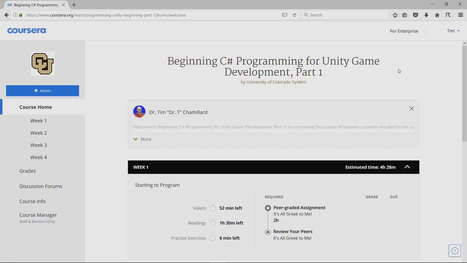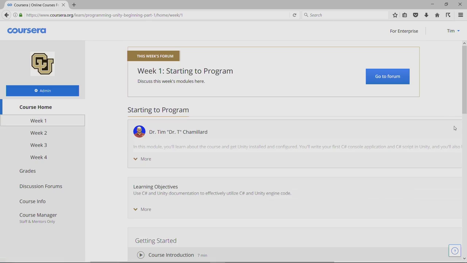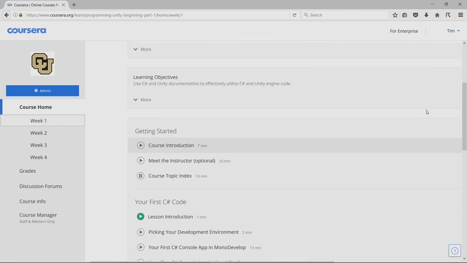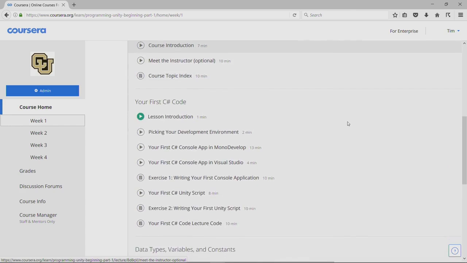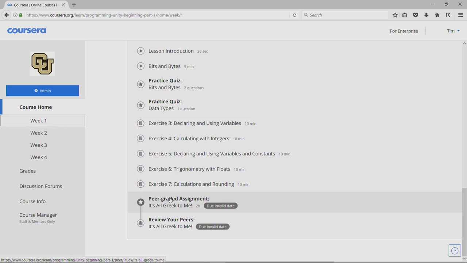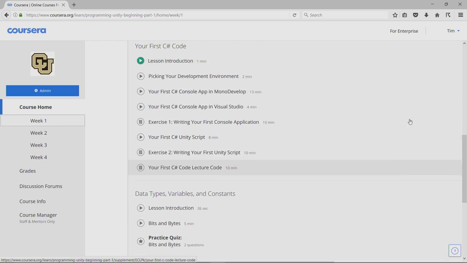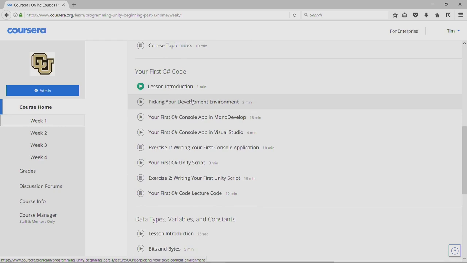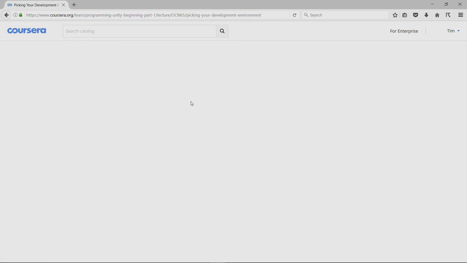Here we are on the home page for the course. If you click on a particular week in the navigation bar on the left, you come to the content for that week, and so you can see all the lectures and readings and everything for that week, including the peer graded assignment. We'll have a peer graded assignment every week except the last one. I'm going to click on one of these lectures,